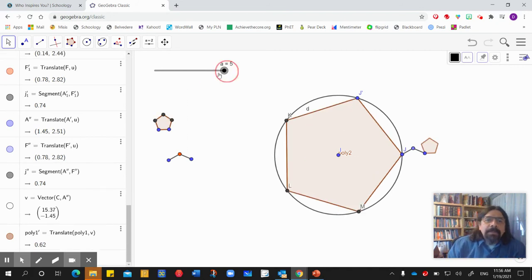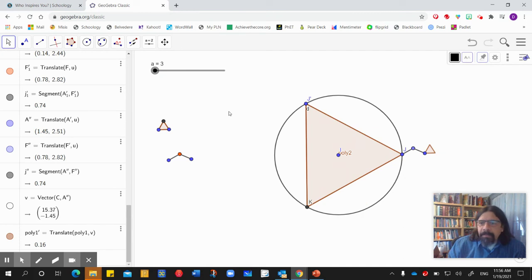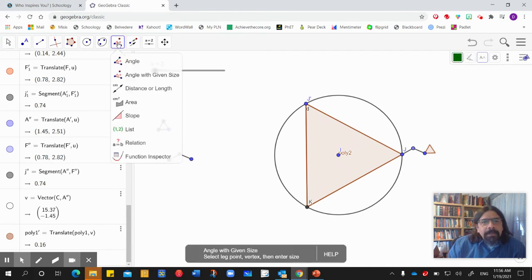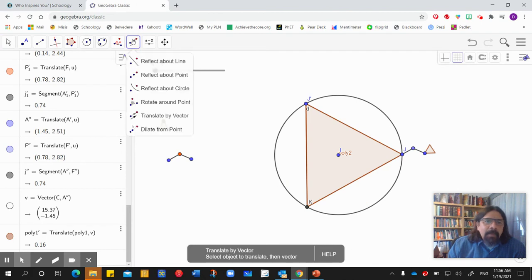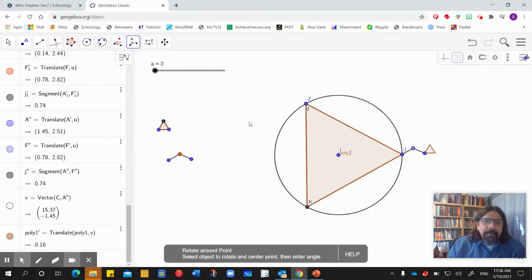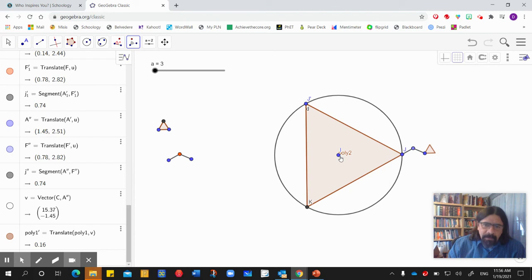All right. So we already seen the measurement before. So look at what I'm going to do. I want to go ahead and rotate around the point. So what does that do? Select the object to rotate, and then the center point. This is going to be the object. This is the center point. All right. So same as before, I'm going to